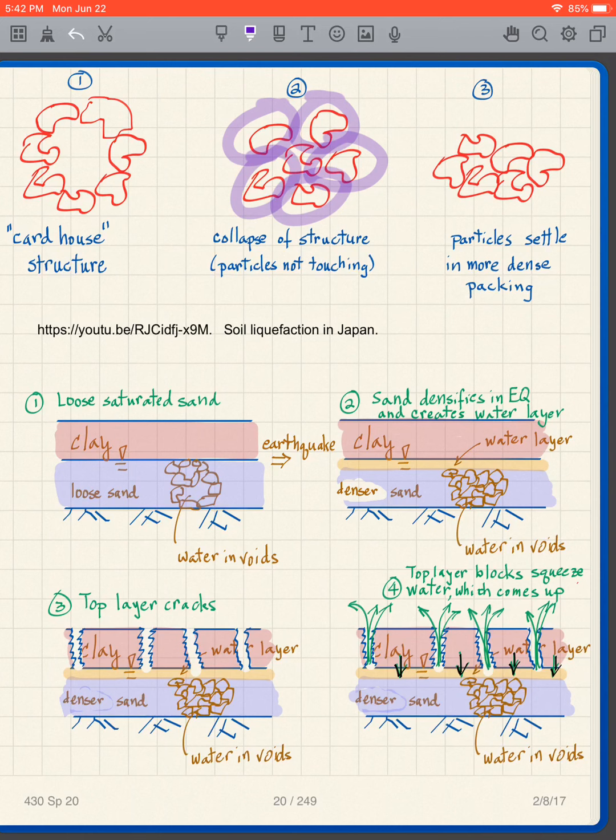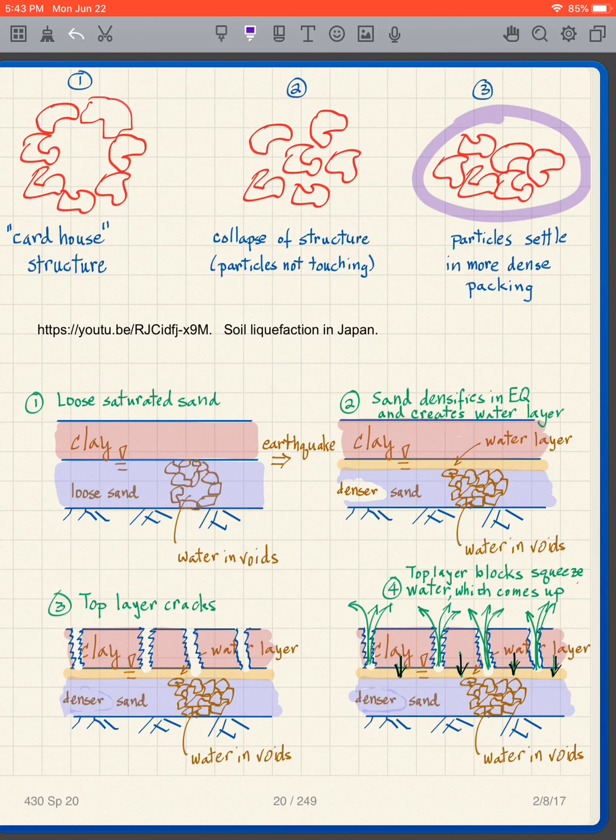They lost touch with one another, and they're floating like this in a matrix for not very long, but for a second or so. And so the particles are not touching, and that means the soil as a whole has no strength. And then after a second or two, the particles formed a structure that more looks like that, in a more dense packing. Now, you saw what happened when the particles, for only a second maybe, but long enough, were in that form of not touching, they had no strength, and what occurred was that